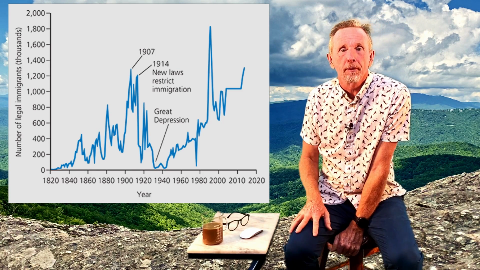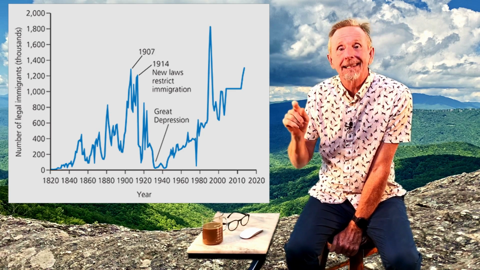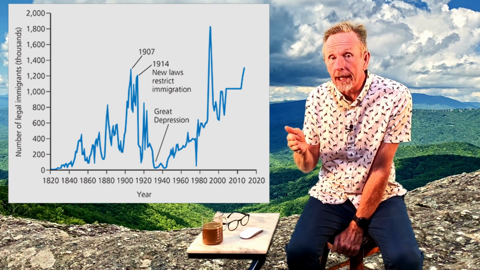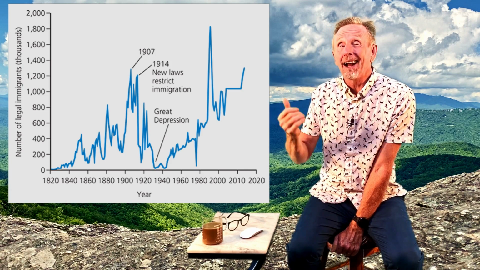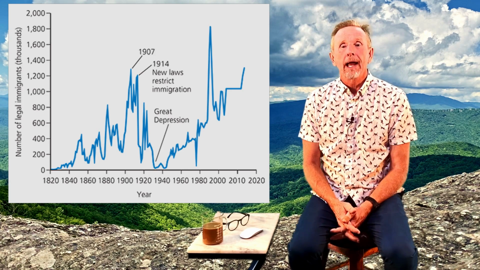And it tracks a few of the peaks. 1907 was a high peak. In 1914, we had new laws to restrict immigration, and it began to drop down. Down at the very bottom one, it might be hard to see the writing, at